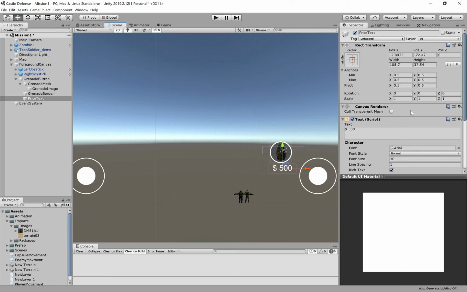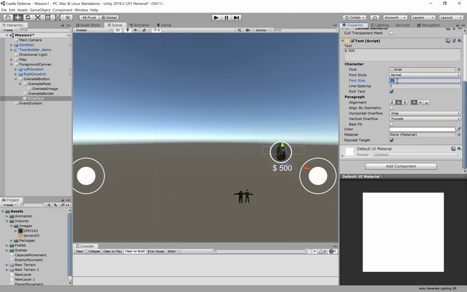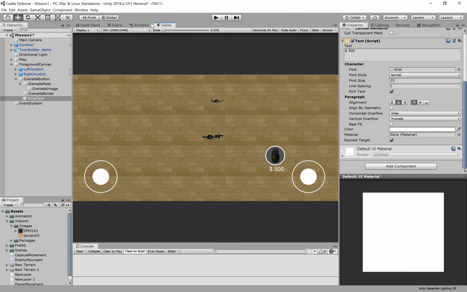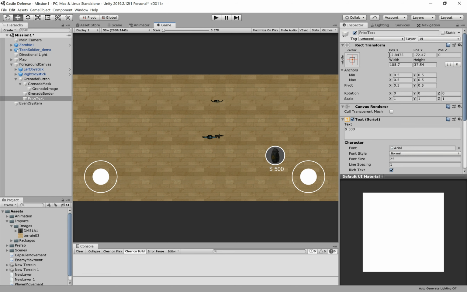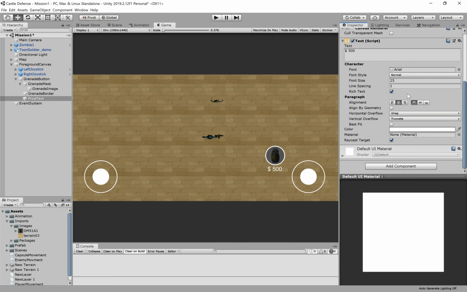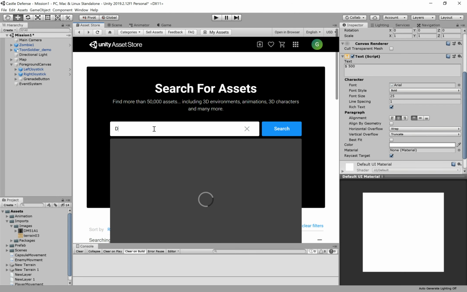And here we need to make some changes. So let's say 25, and we need to move it on the x-axis. And let's make it bold. Very nice. Now let's move to the asset store and let's download a free package called